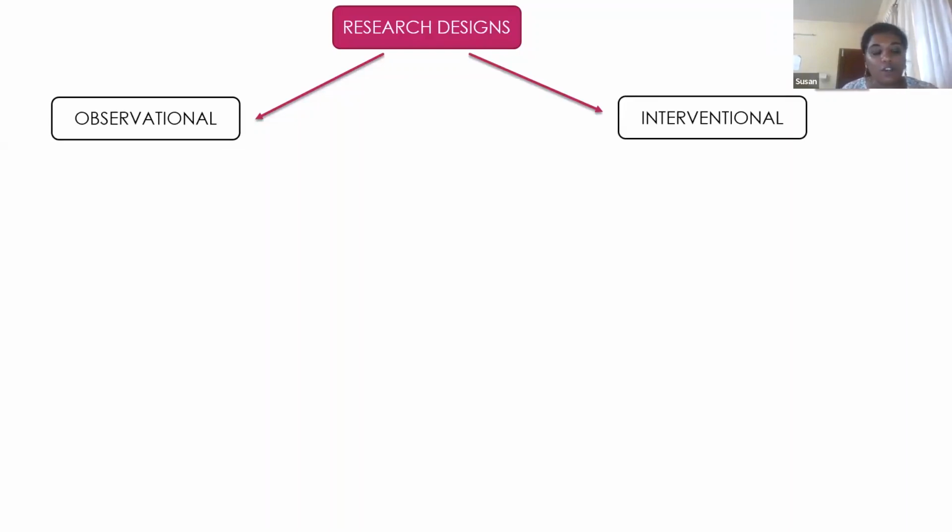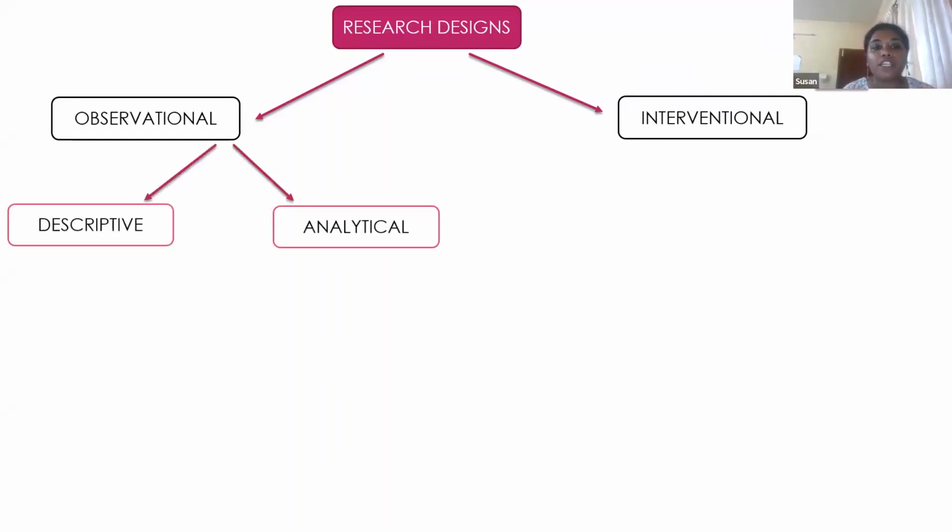So if we are allowing the course of events to go on, that is, as an external person, somebody else is giving the drug, some other persons don't receive the drug, and we see how they both progress. If we are just standing outside having no influence on that, then we are having no active intervention into it, and it becomes an observational study. So what are the different types of observational studies that we can look at? Broadly, they are classified into descriptive studies and analytical studies.